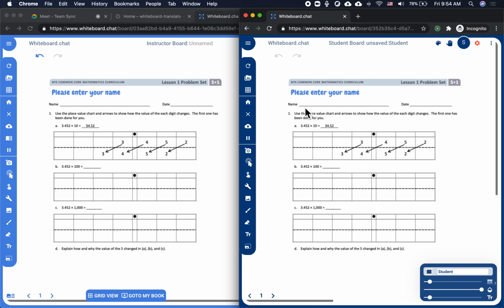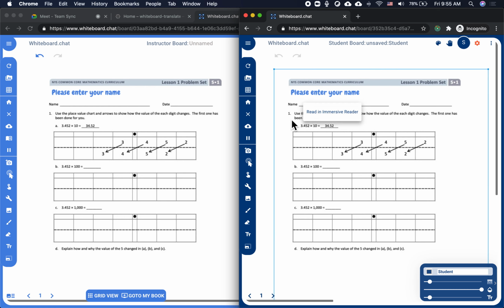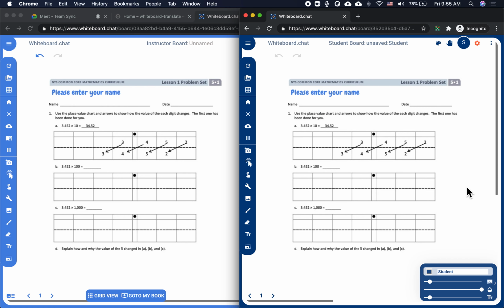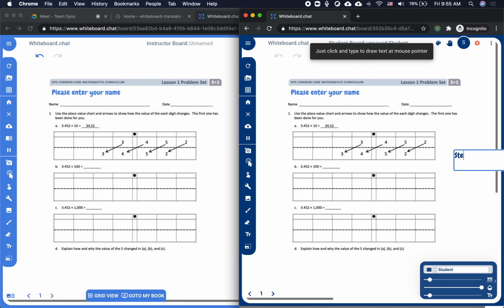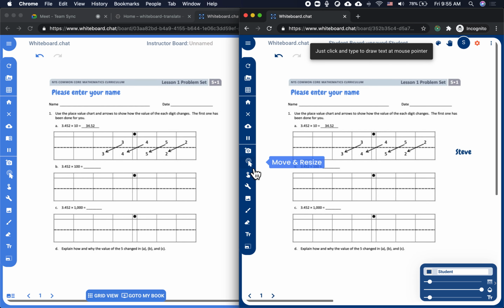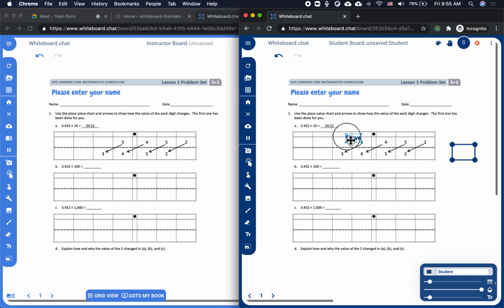The student can then also annotate their own board here. So for example, let's say the student adds some text here, and then starts working on their own assignment as well. So let's say they add some stuff here,